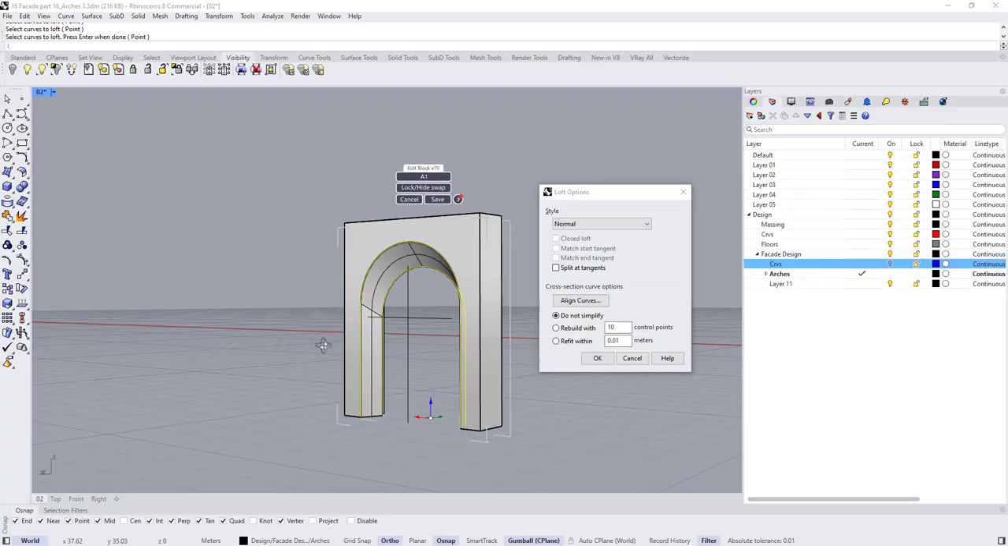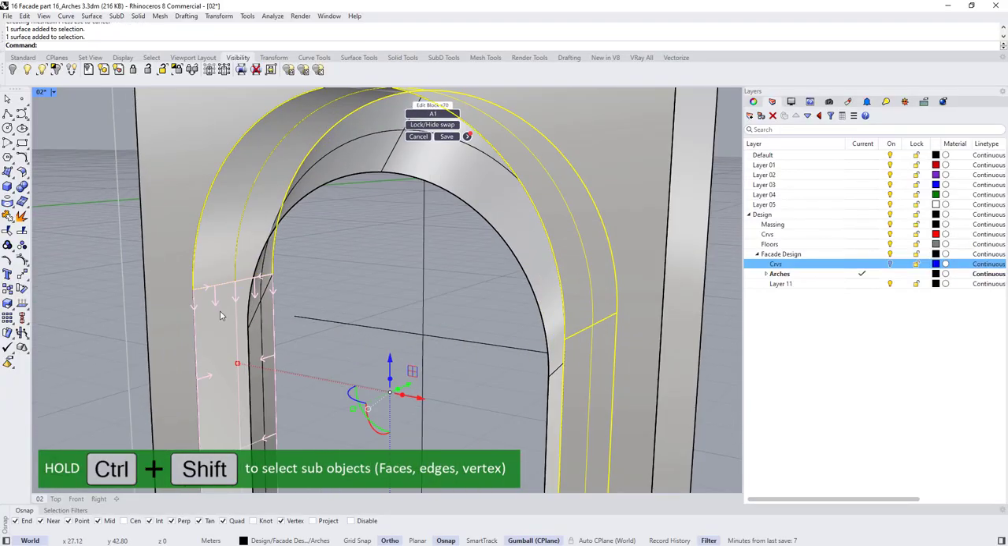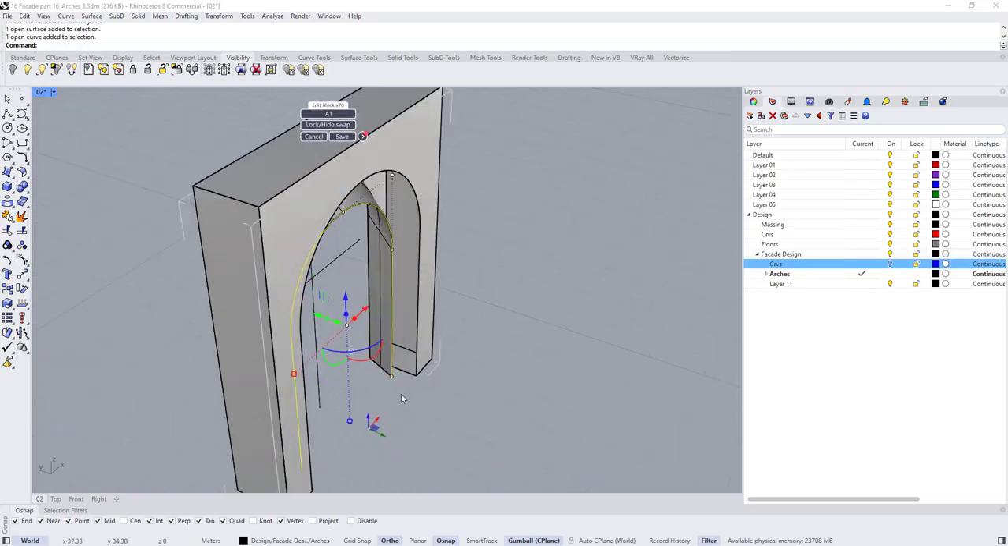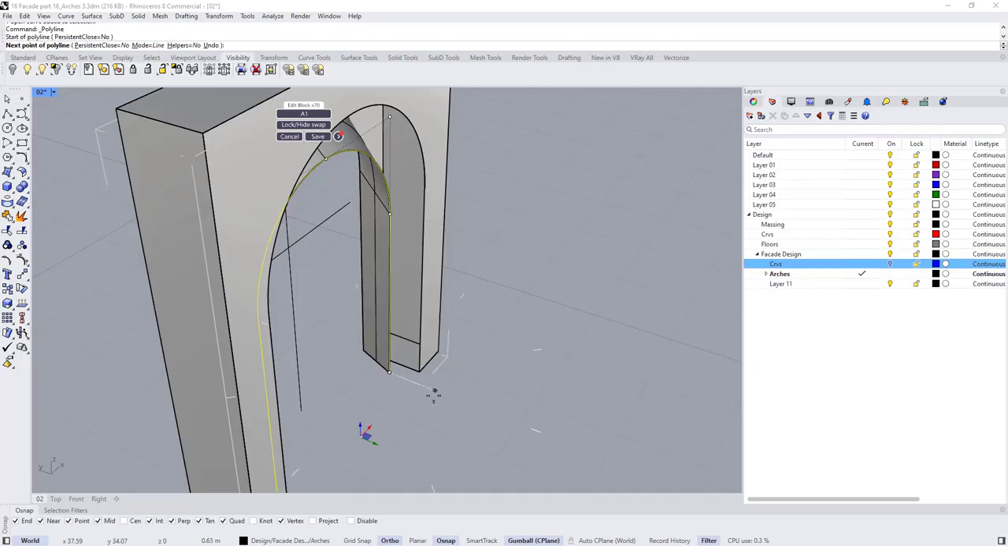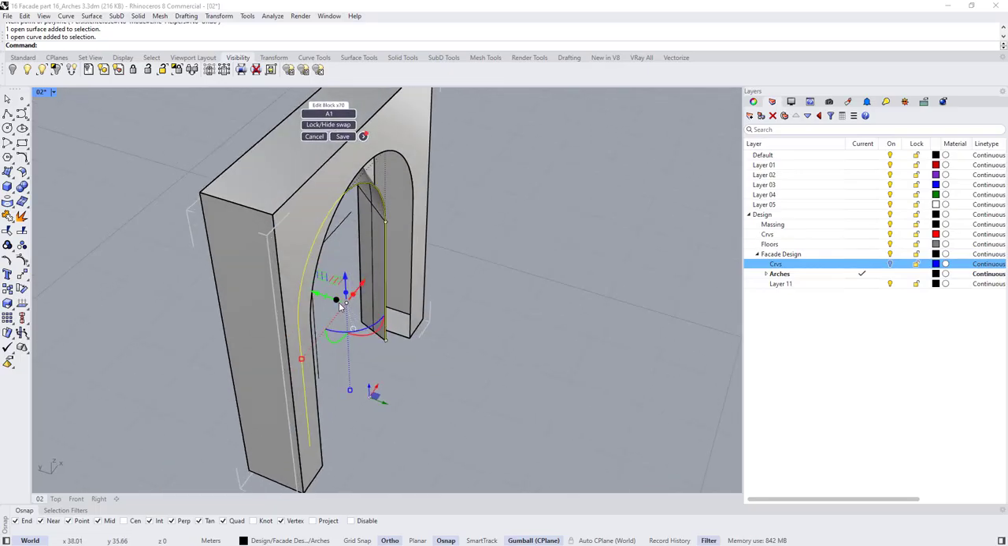So we have our surface. Now hold Control Shift, select this one, and hold Control Shift, select this one too, and delete all of them. Now I'm going to select this curve. So this distance is 0.3. So press tab and you can see the distance here. So it's 0.3. So I'm going to select this curve and extrude it using this circle and type